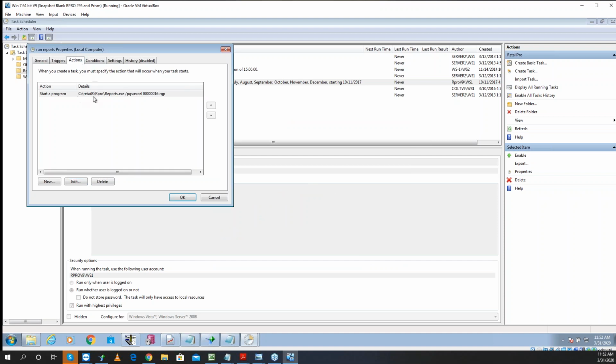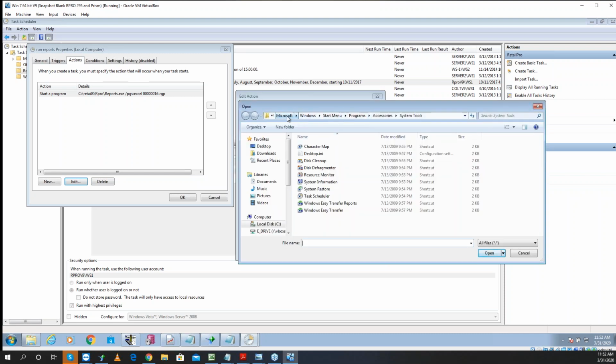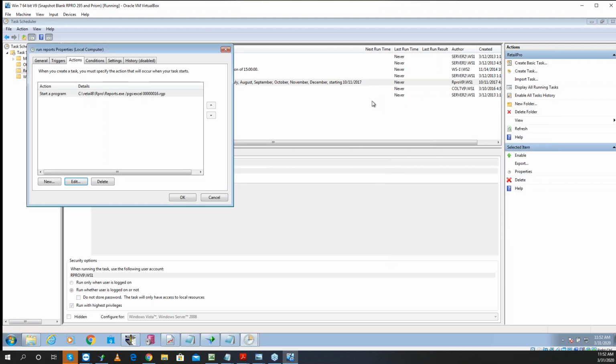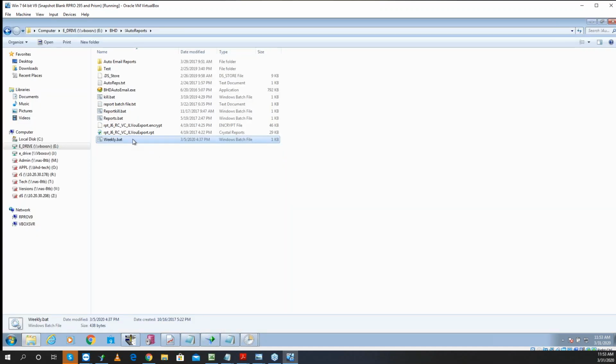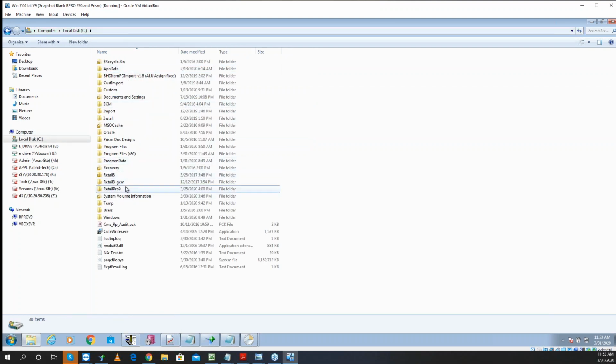Then actions. This is set up for version 8, so I'm going to go ahead and edit this here. All this would be is browse, and we would browse to, now let's just do this right actually. I'm just going to pause this right here, close that. Let's pop back in here. So if I was really going to run this, what I would do is copy this and put this in my Retail Pro folder. So I would go to C, Retail Pro 9,